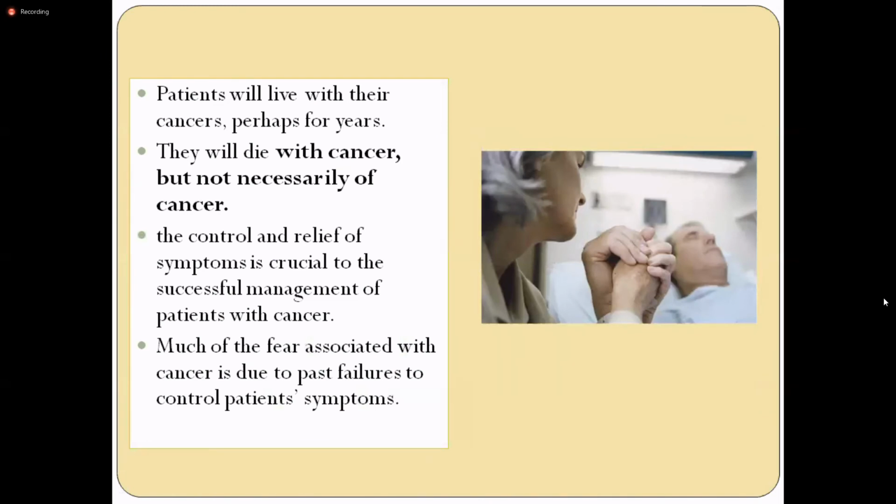The patient will live with their cancer perhaps for years. Like in prostate cancer, the patient can live for so many years, like in breast cancer also. They will live with the cancer. So this is another very good sentence. They will die with cancer, but not necessarily of cancer, because in the older patient, now maybe life expectancy of